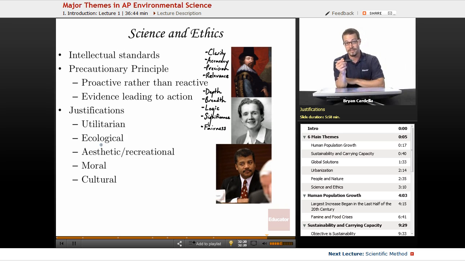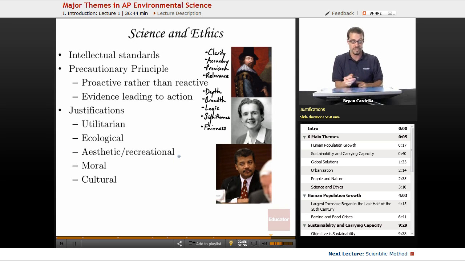Ecological justifications. Well, that's easy to think about because the ecological aspect is like, hey, the environment being there and sustaining it and having it there, not only for us, but for future generations. So the ecological justification just makes sense. You can think of it as enlightened self-interest. I'd like to go on a hike or a vacation and have the ecosystem there instead of just taking and